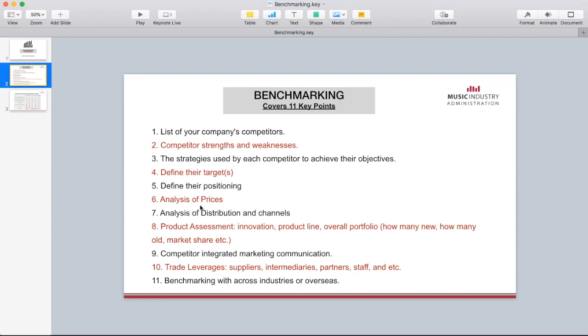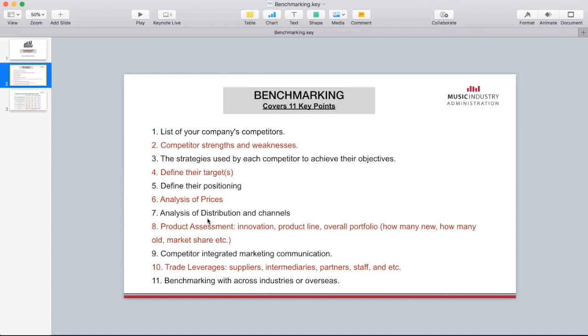Then you analyze their prices. You analyze their prices because you try to understand their markup, their margins, whether they are making profits, and how they incentivize, if they have promotions, if they have discounts, and all of this you should be analyzing. Then you look at where they sell. So the distribution